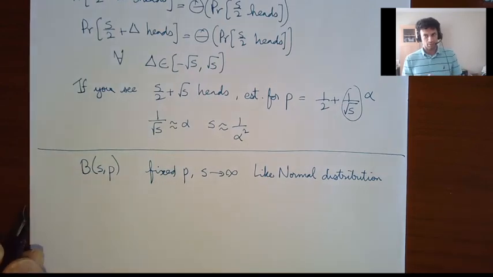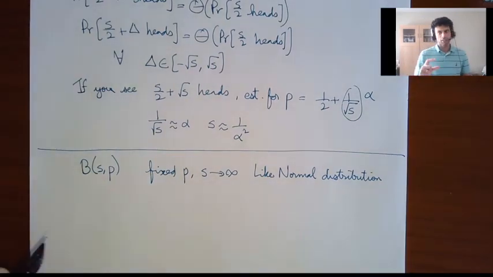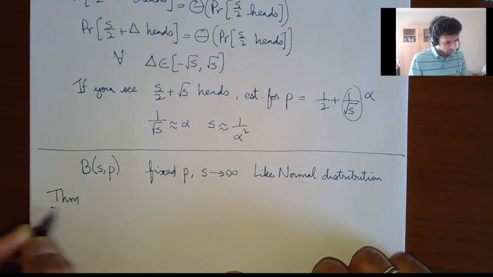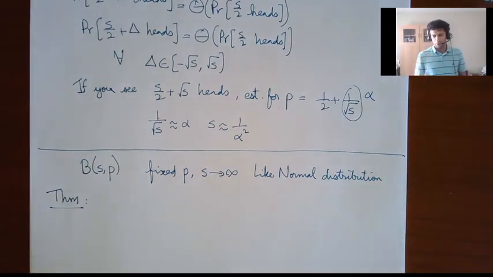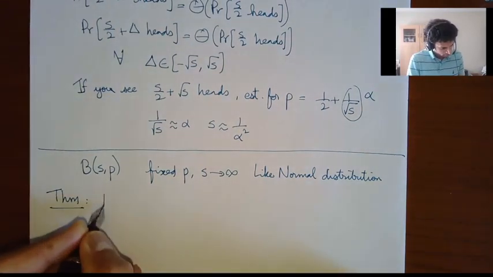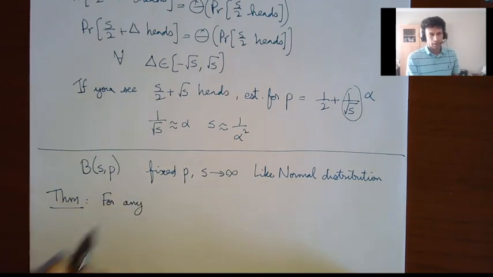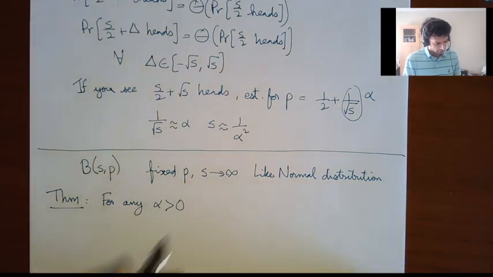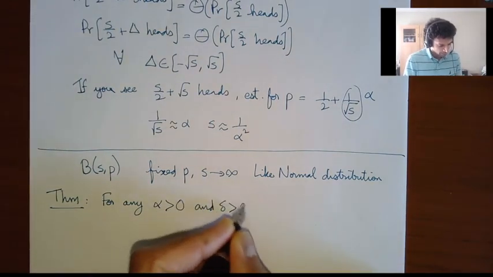Let me now state another theorem, and I will contrast it with the previous one. The proof of that uses another variant of the Hoeffding Bound called the Multiplicative Chernoff Bound, which gives you something sharper for this situation. So let me now state this other theorem. Instead of population, let me state it in terms of estimating the bias of a coin, because we've said that these are basically the same thing. So now I'll say, for any alpha and delta greater than 0. I'm stating this in a somewhat convoluted way, but you'll see why.